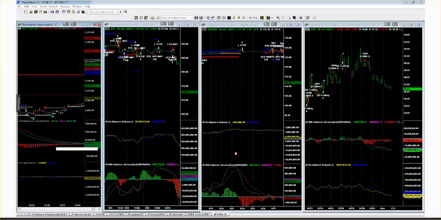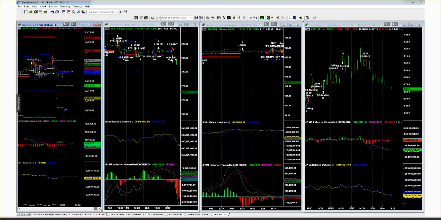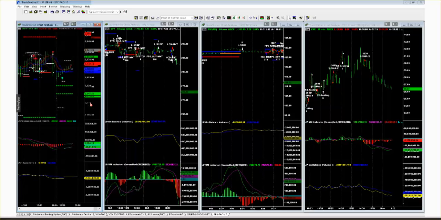My goal is to teach logical information that's clear cut. And that's the thing about having a system: you could say, I don't really like this environment to trade. It's too choppy for me, or it's too fast for me. Well, no one's going to fault you for that.